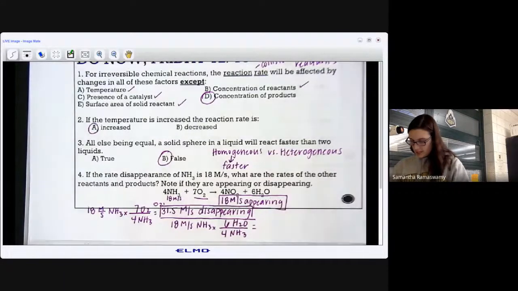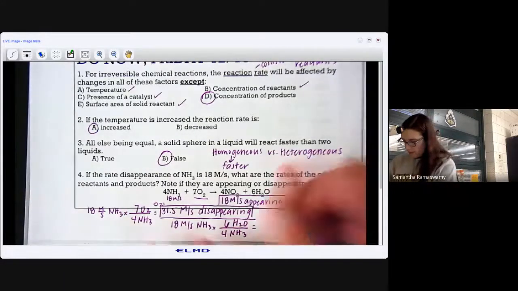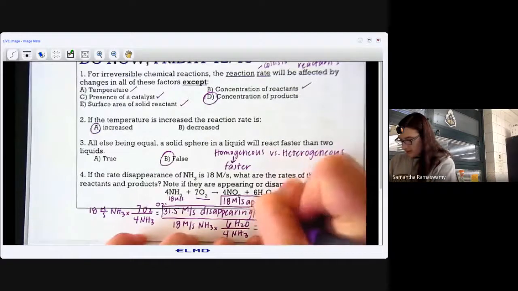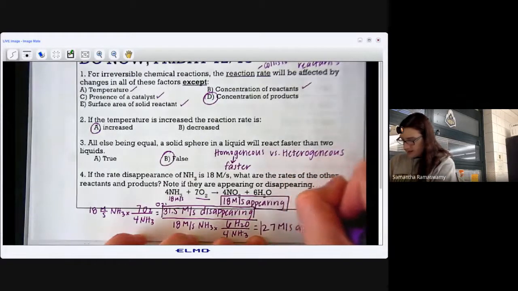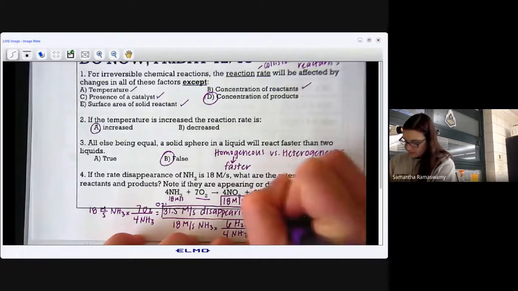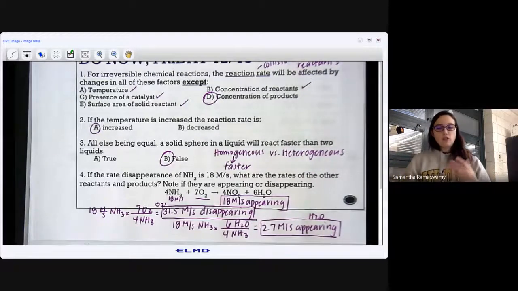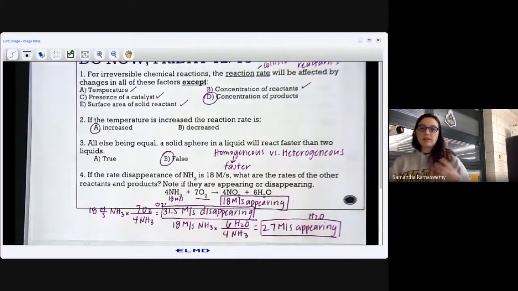18 times 6 divided by 4 is 27 molar per second. And again, that's appearing. And that's H2O. All right, so each one of our reactants and products are appearing and disappearing at different rates because it's based on